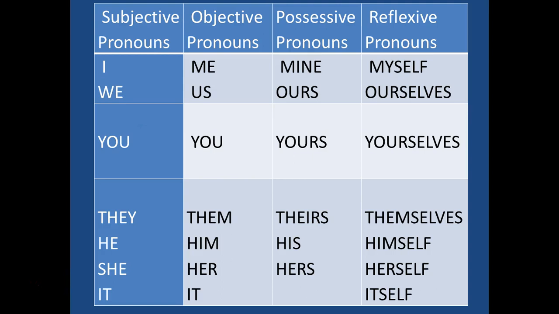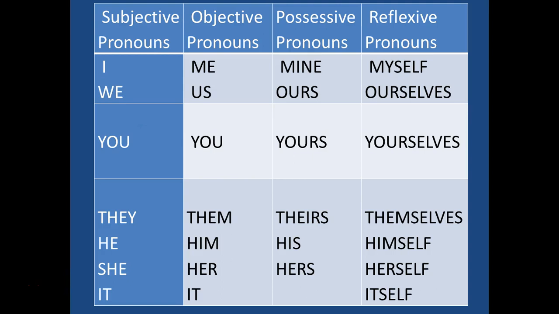Mine, ours, yours. I becomes mine in possessive pronouns. We become ours. You, yours. They, theirs. He becomes his. She becomes hers in the personal pronouns, and they are used to talk about things belonging to people. Possessive pronouns convey the same meaning as possessive adjectives: my, your, our, her, his, its, and their. However, possessive adjectives are placed before the noun they refer to, and possessive pronouns are placed after the nouns they